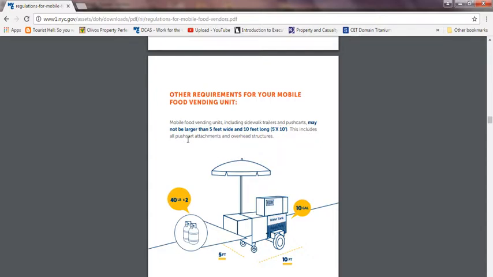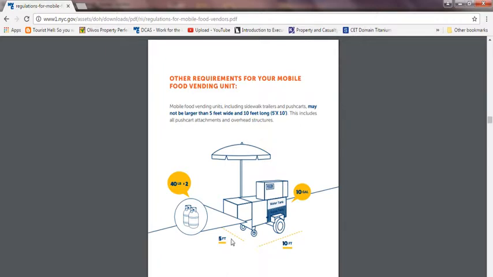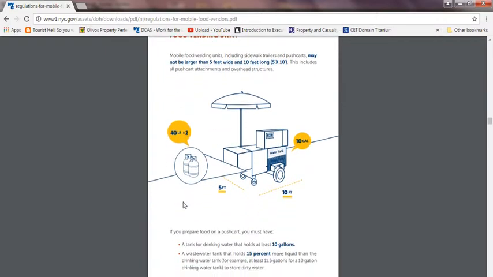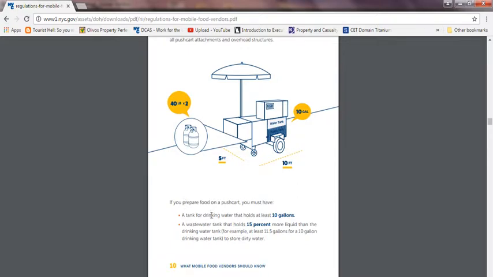Besides that, you want to make sure that your mobile food vending unit, including the sidewalk push cart, may not be larger than 5 feet by 10 feet long. So obviously there is a strict requirement for it. They have to be 5 feet in length and not more than 10 feet long to make sure you are complying. And if you prepare food on a push cart, for example, you must have a water